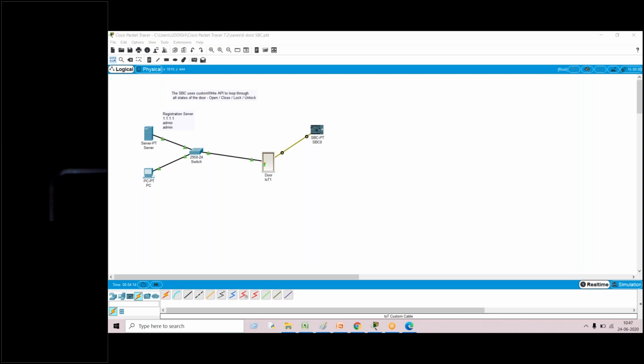Can anyone tell me what is the main difference between microcontroller and single board controller? What is SBC? Single board.